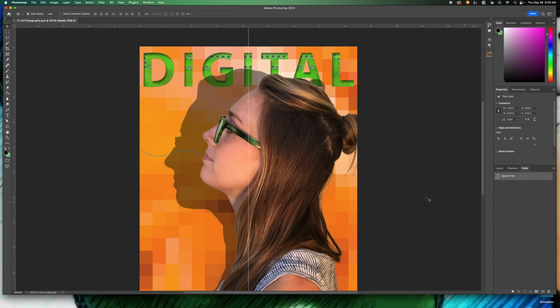So you're going to click on that, and you can see that there is a little wavy path by the model's mouth. So we're going to click on the type tool, make sure it's set to horizontal. Now this is the tricky part because we're going to be using this path to add our text. So when you hover your mouse, see how it turns from a regular type tool to this little wave. So the way that this works is we're going to click at the far end. Hopefully this works. If not, we can go back and alter it. So we're going to click here,